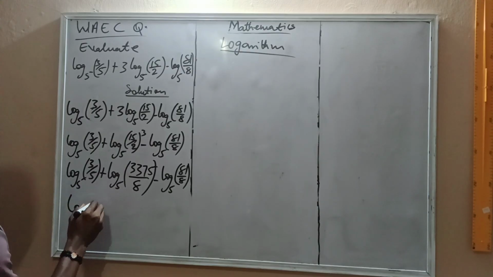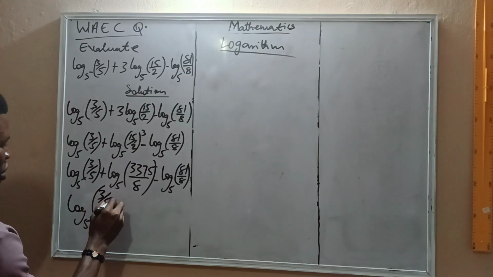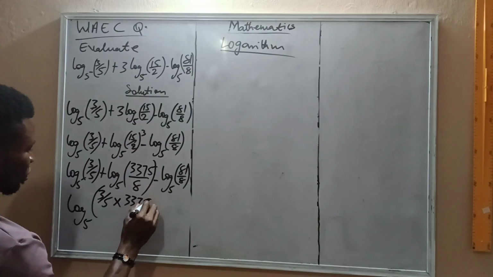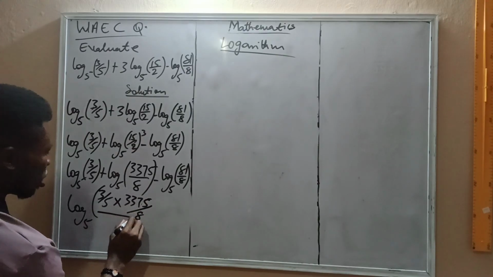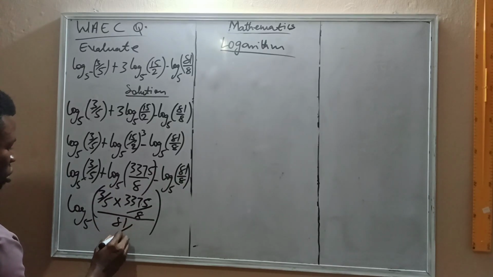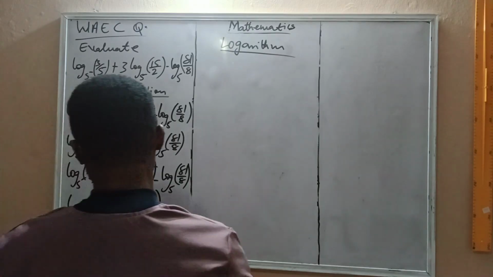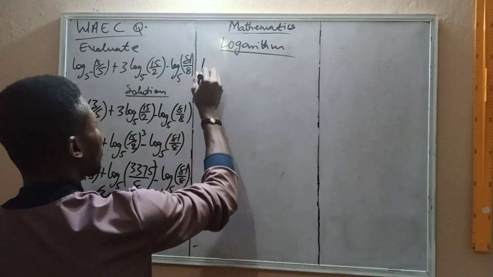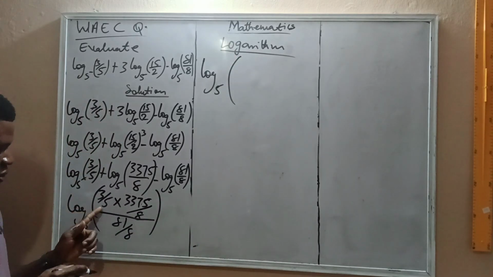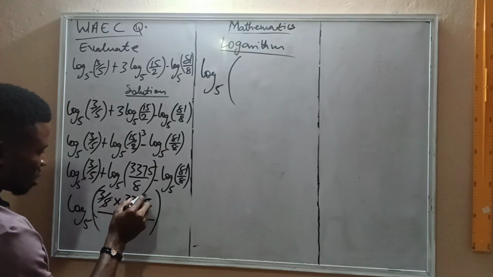So we want to join them together. This is log to the base 5 of, for the numerator, we have 3 over 5 multiplied by 3,375 over 8, all over 81 over 8. Right? Now, if we try to cancel out, we have log to the base 5 of, I think 5 cancels 3,375, and we get